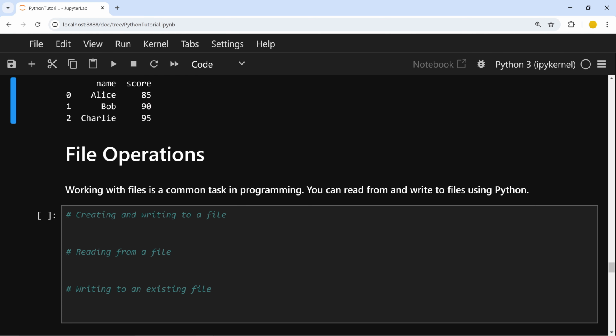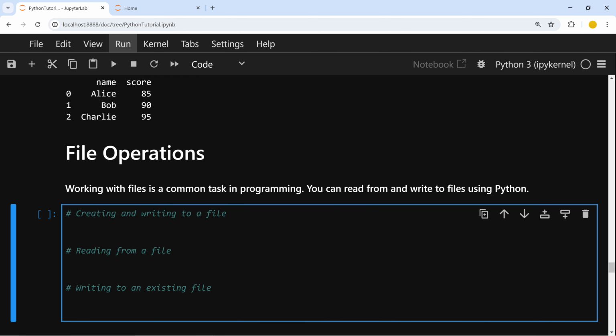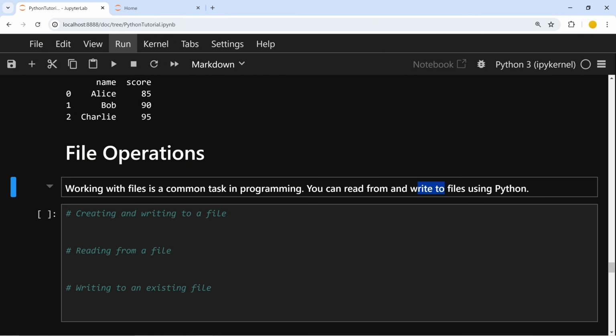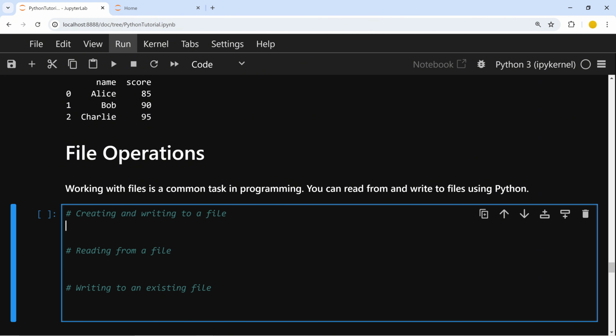Now let's see the file operations. Working with files is a common task in programming. You can read from and write to files using Python. Let's see some examples of it. I write with open. This is the common usage. And here I write the name of the file,